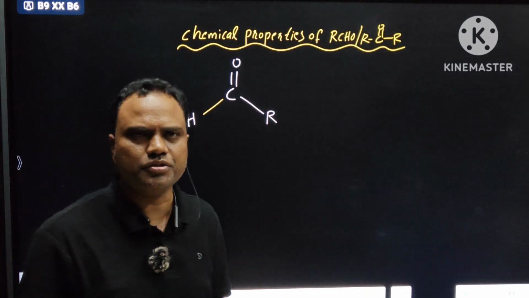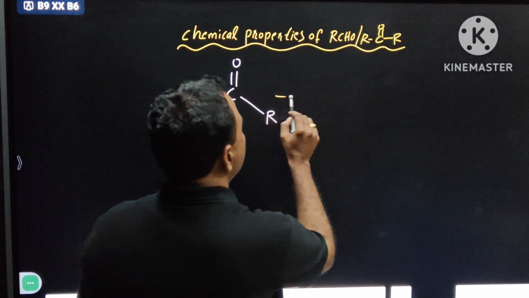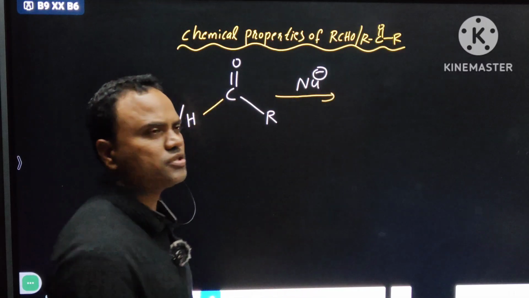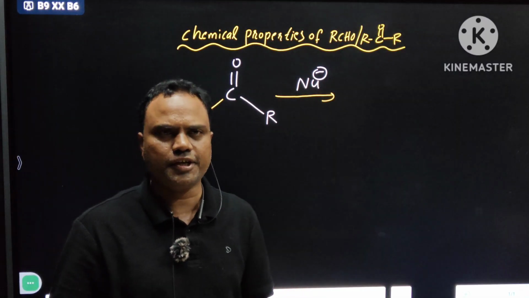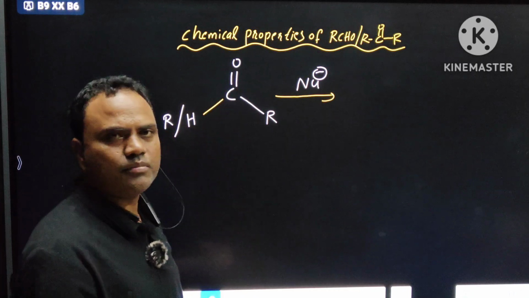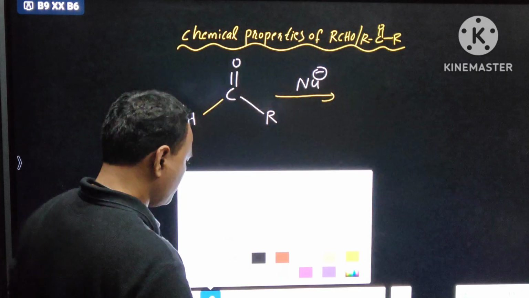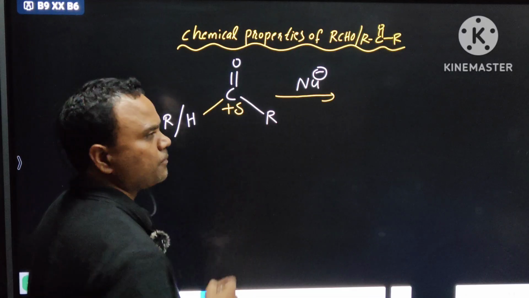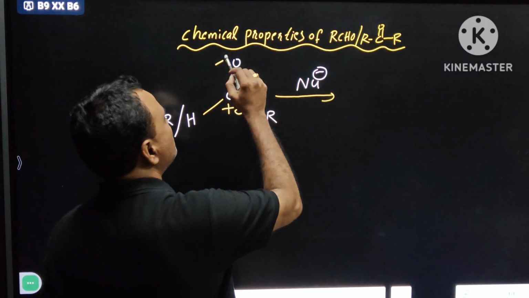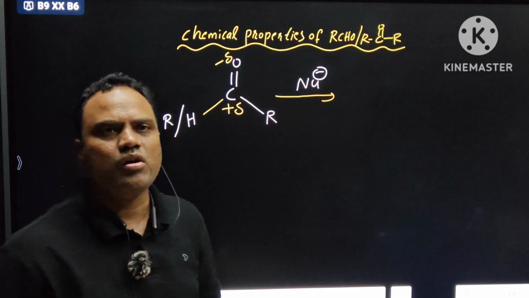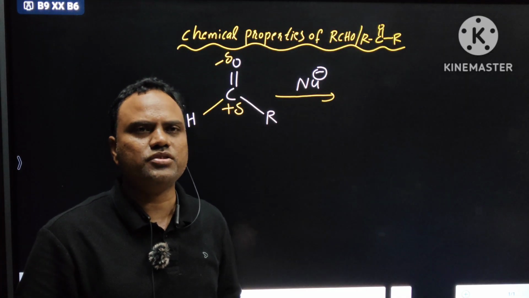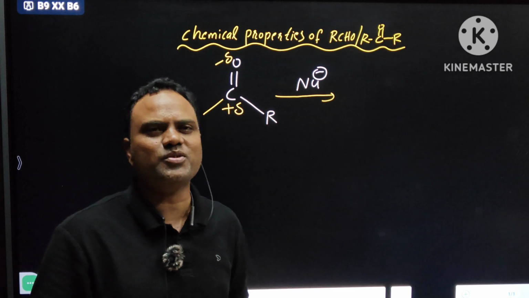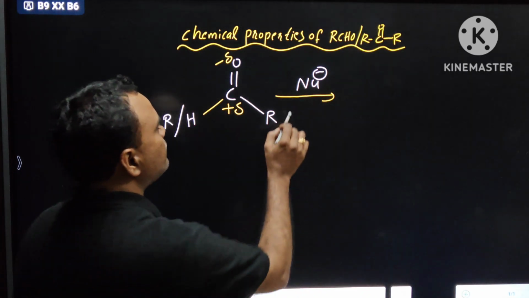This is aldehyde or ketone. Okay, this is nucleophile. Negatively charged species are called nucleophiles, right? In the carbonyl group, carbon is having partial positive charge, oxygen is having negative charge, because oxygen is more electronegative. Carbon is electropositive with respect to oxygen. Clear? So nucleophile adds to